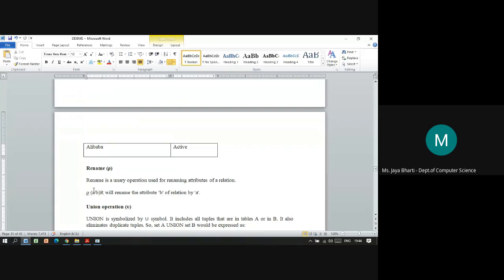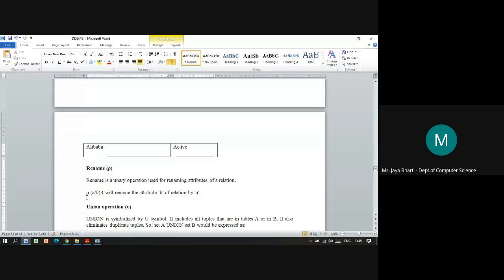So rho in brackets A slash B on R, where R is the relation, will rename the attribute B of the relation by A. Let's say you have the table employee, in which you have an attribute whose column name is employee name, the full name. Only for that query, you want to create an alias or reference by saying only en.